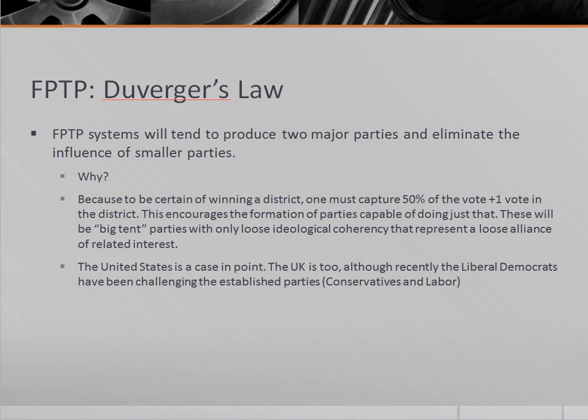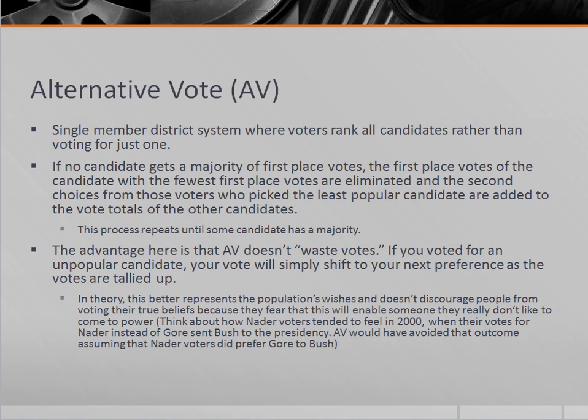Okay, one variation that I want to discuss on first past the post is the alternative vote, AV. Now, AV works the same as first past the post in the sense that you have single-member district systems that are usually equally sized and they have to be reapportioned from time to time. And in these districts, instead of voting for just one candidate, you basically hand in a ballot with your preferences ranked, right? So your number 1 candidate, your number 2 candidate, your number 3 candidate, your number 4 candidate. It's a little bit like MVP balloting in baseball, but not quite because the votes aren't counted the same way.